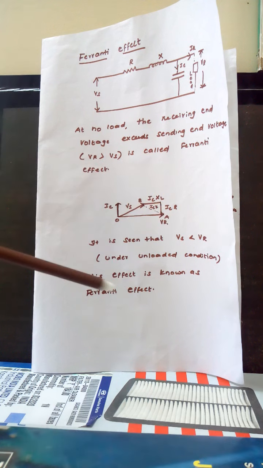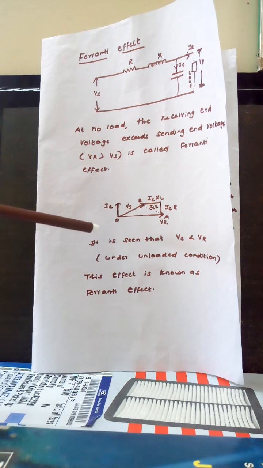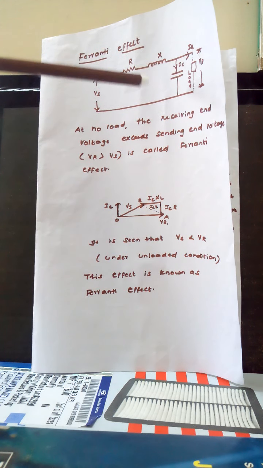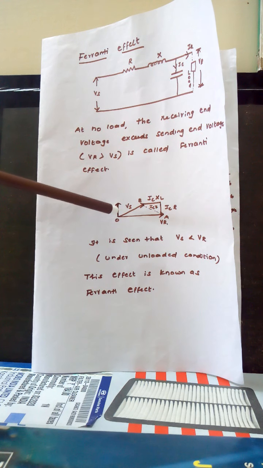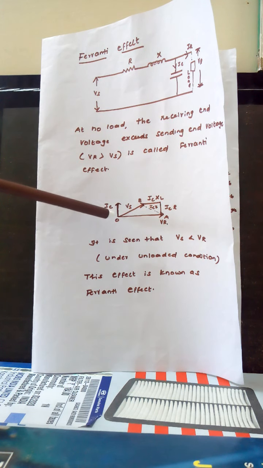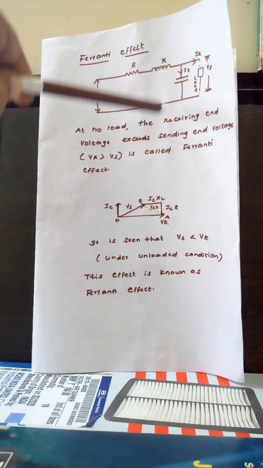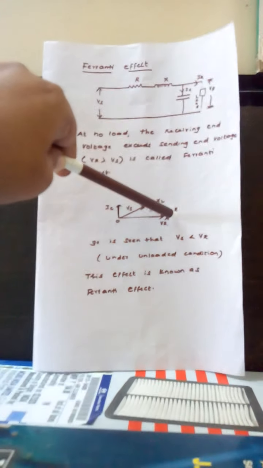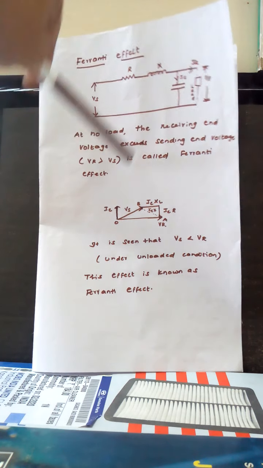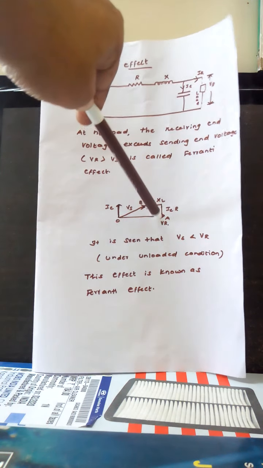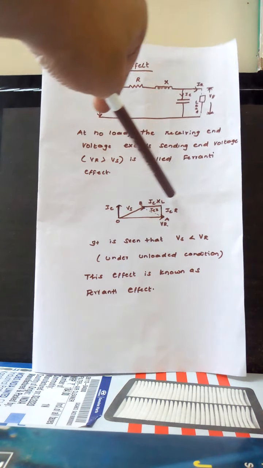We can see this from the phasor diagram. We take VR as the reference. The current IC leads the voltage VR by an angle of 90 degrees. We draw the drops IC into R and IC into X. The IC into R, the resistive drop, will be in phase with the current phasor IC, so we draw it parallel. The IC into XL will be perpendicular to this resistive drop.